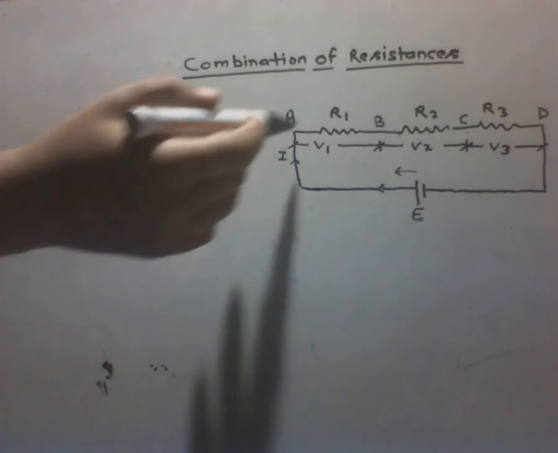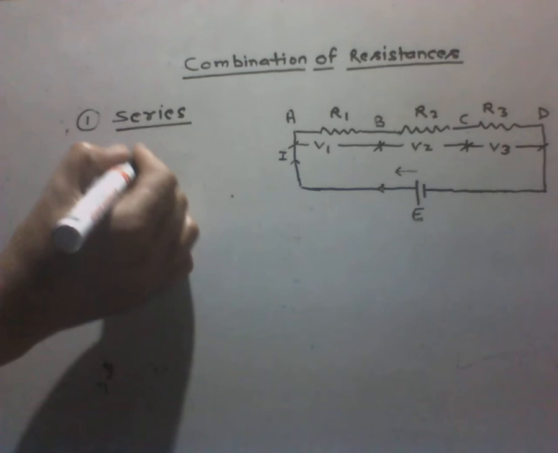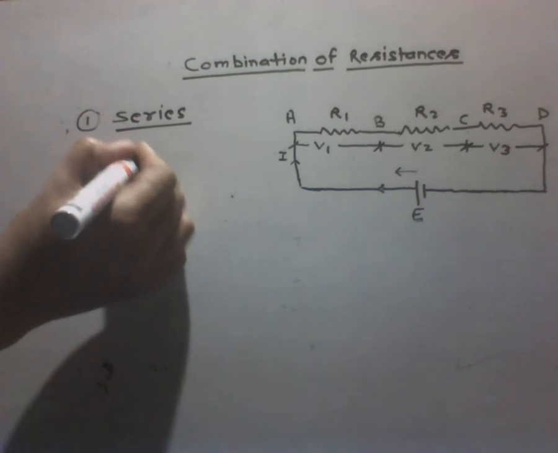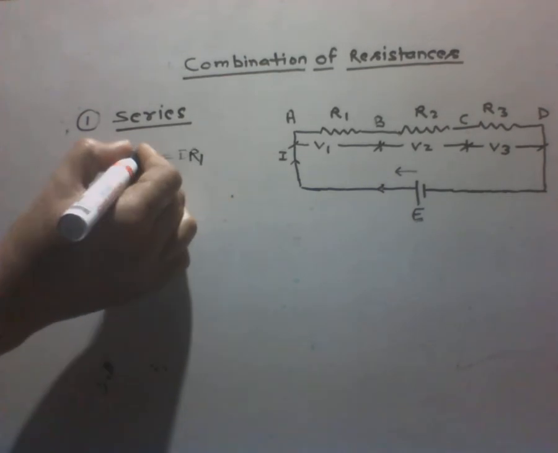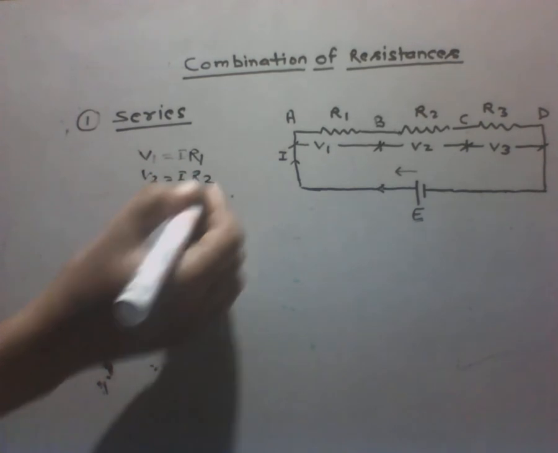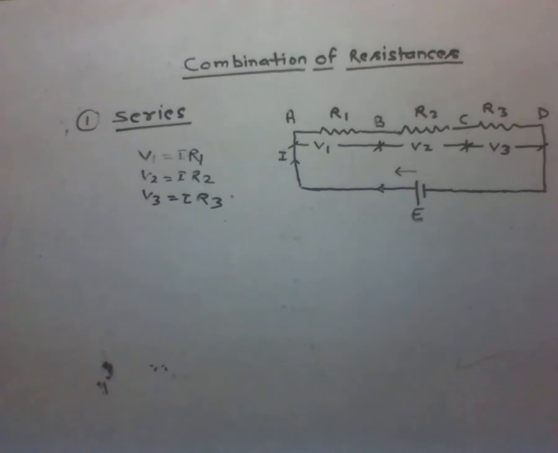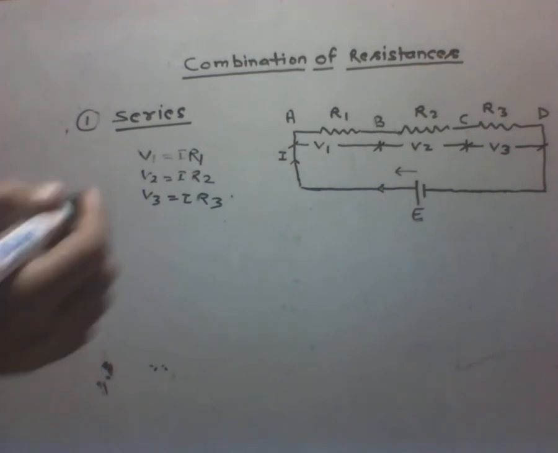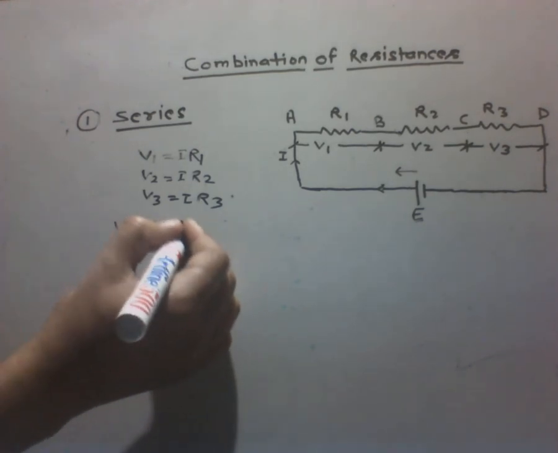If we suppose that current I is flowing through the circuit, then V1 is equal to IR1. Similarly, V2 is equal to IR2 and V3 is equal to IR3. If the potential difference between A and D is capital V, then V is equal to V1 plus V2 plus V3,